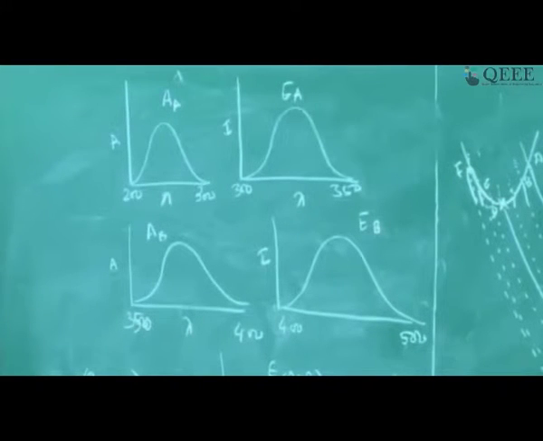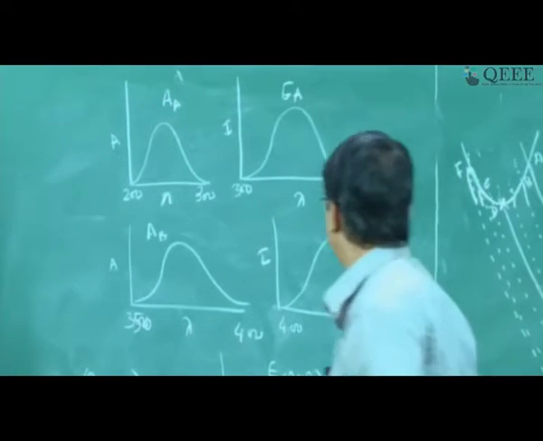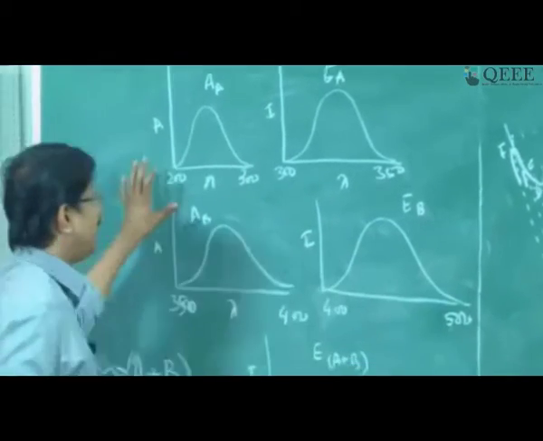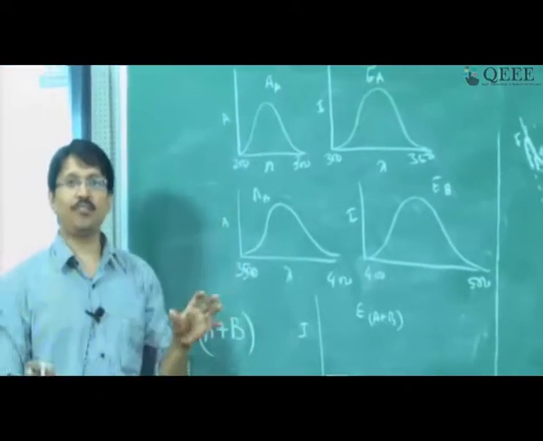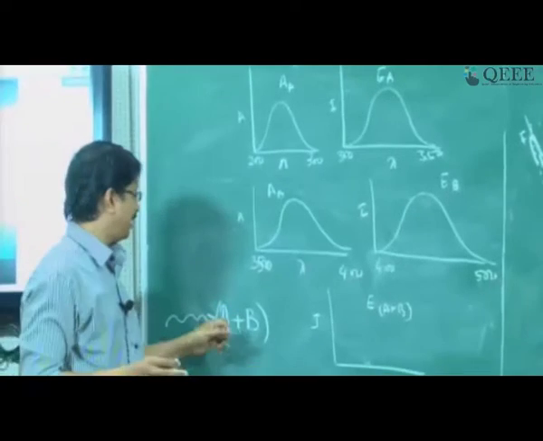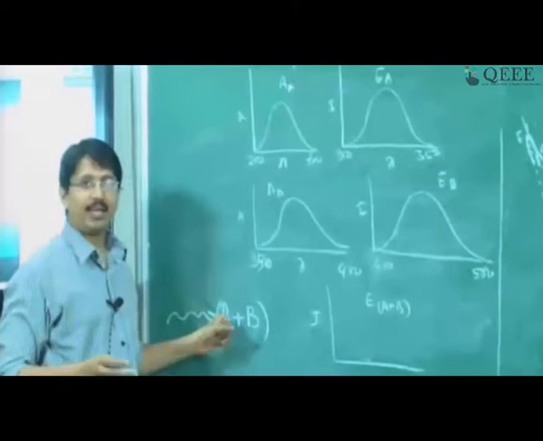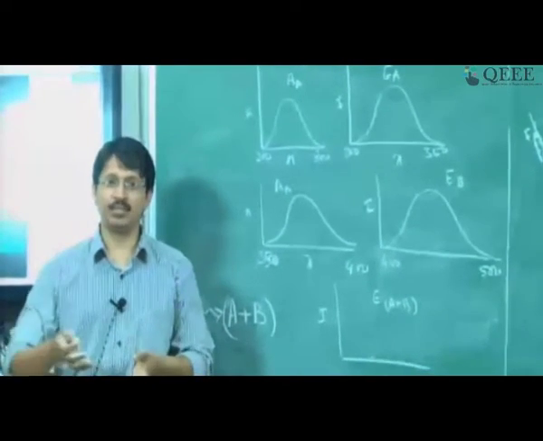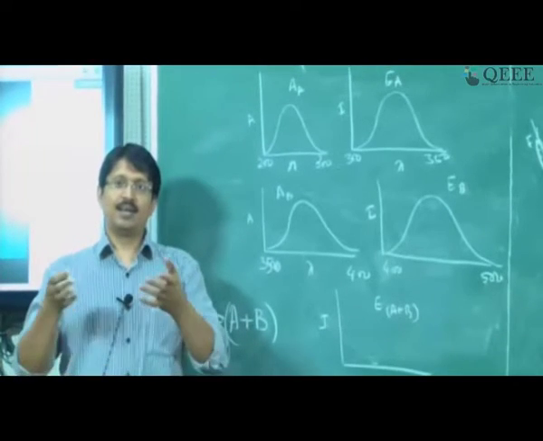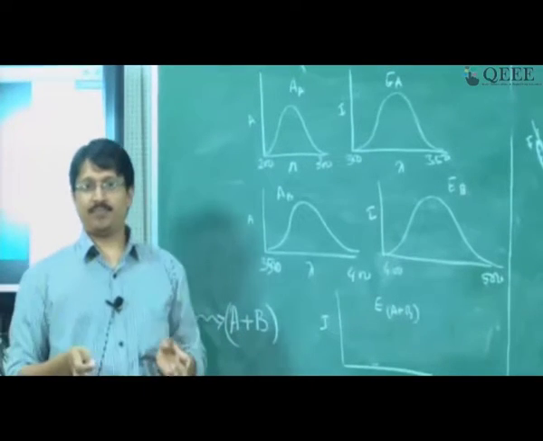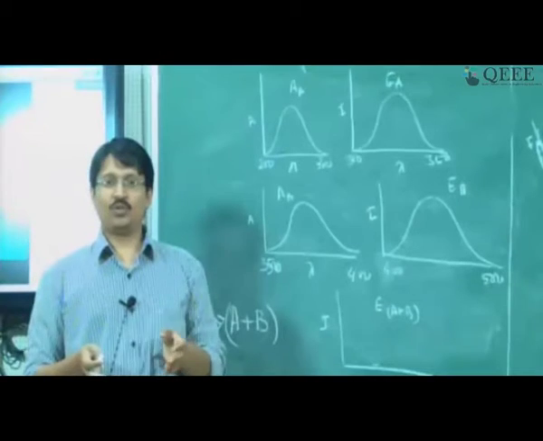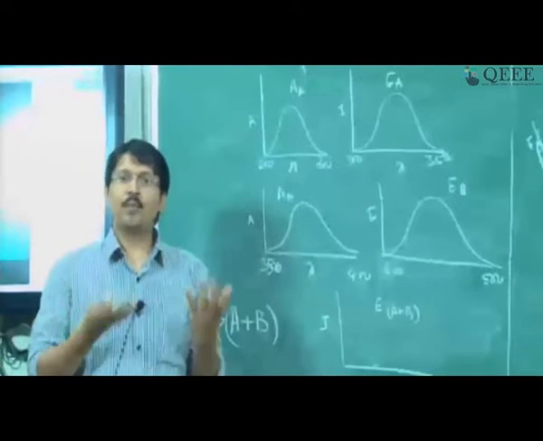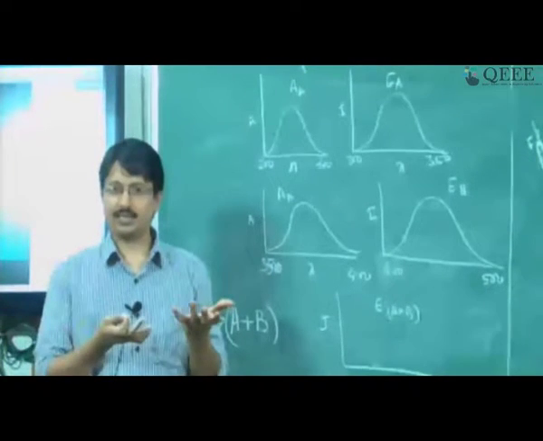Okay, so let us go to the board again. What we said is, we have a mixture of A and B, right? And you are exciting A. A absorbs the energy from the light, it goes to excited state, it transfers the energy to B. So now who has the energy? B has the energy, or B is in the excited state.